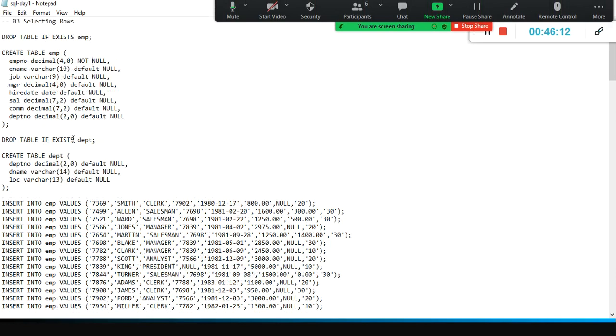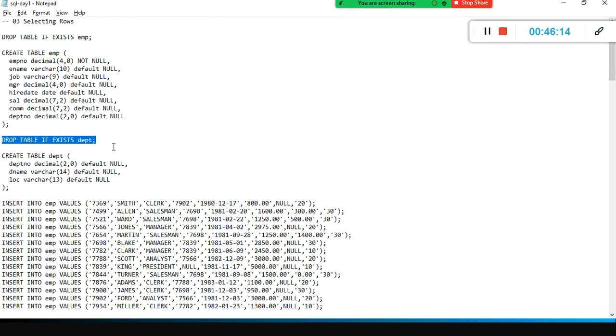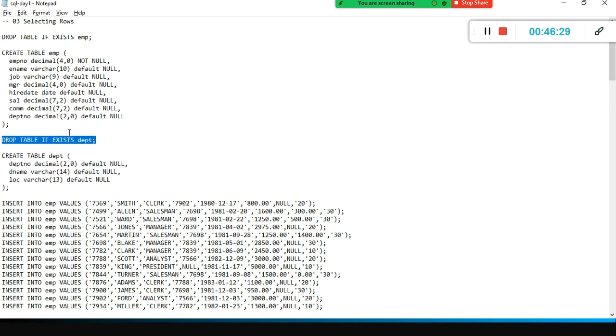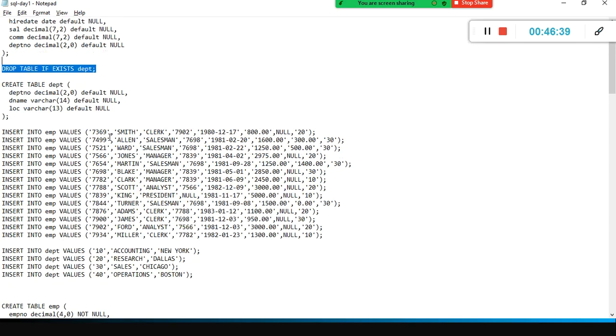First we start with something like, before we create a table, we use drop table. If the employee table is already there, you drop this table and then create this table. Drop the department table and then create the department table. But this command, drop table, is very, very sensitive. When you issue drop table, the table will get dropped along with the data. Hence you should be very, very cautious.